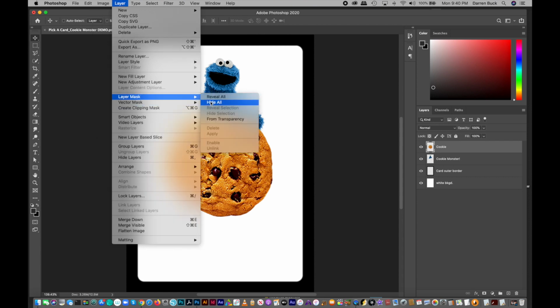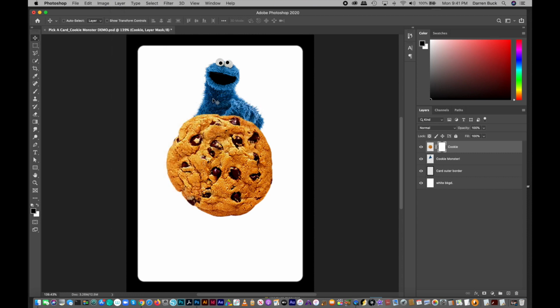And instead of doing hide all, which is what we've done pretty much every time I've shown you the mask technique up until now, we're going to say reveal all. So you'll notice instead of a black box next to the little image of the cookie, it's a white box. So that means everything is showing. So now I can hit B for my brush tool, right? And with black as my color, so the black block is in front, I'm going to start hiding